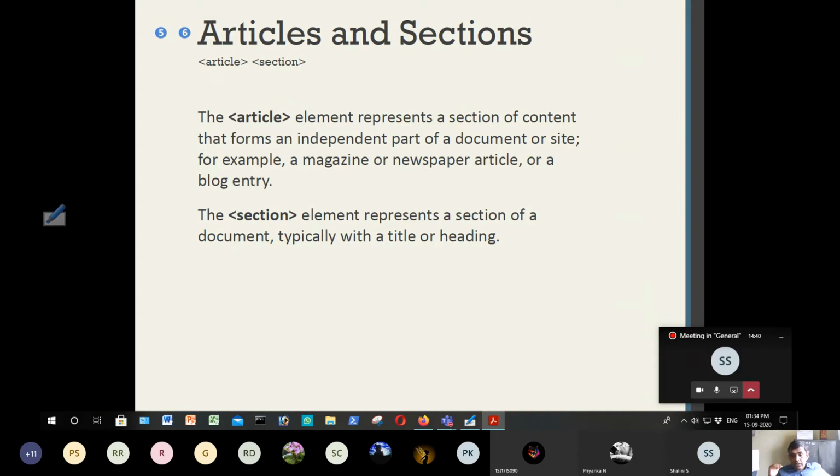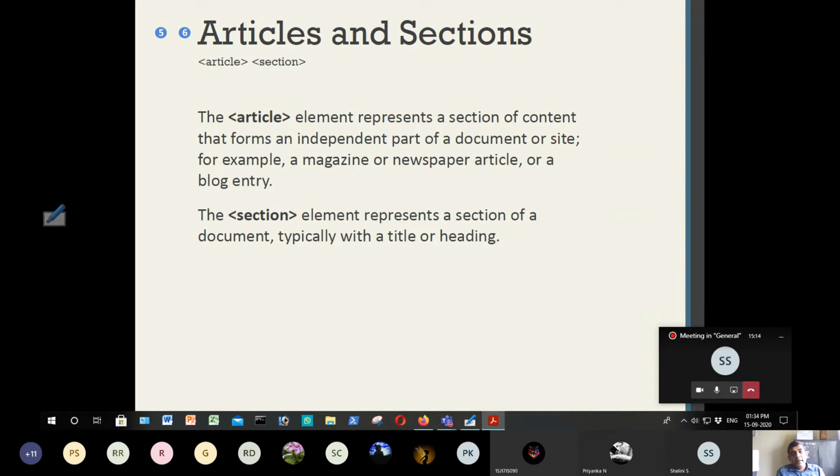So that means here the article belongs to a newspaper, the Hindu newspaper, whereas the web page is a JCT web page. So the point here is that the contents of an article are not the contents of, or are independent of, the JCT website. Okay, so that's how article tags are used to say that it's a separate article of a newspaper or a magazine, or it may be a blog entry. So it's not actually dependent on the original web page of the website.